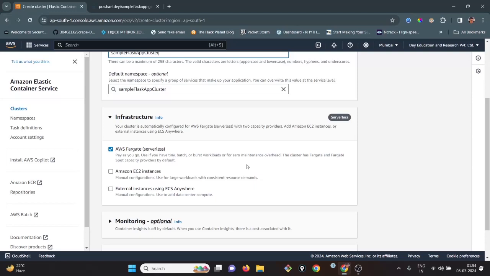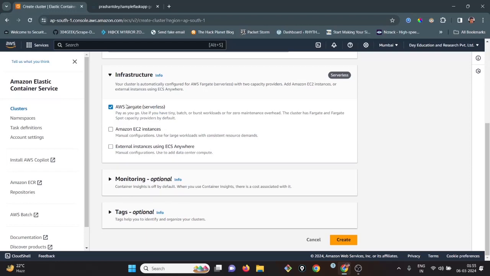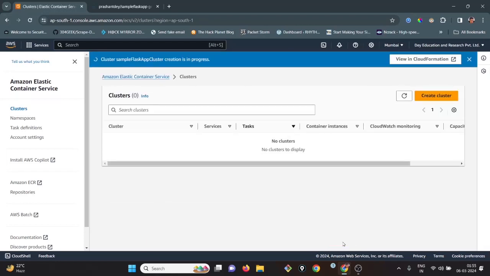So you can use Fargate with ECS. You can use Fargate with EKS, which is the Kubernetes service by AWS, as well. Anyway, we are going to configure with AWS Fargate. Pretty easy to set up. So we went ahead. It will take a few minutes to create a cluster. The first process is that it is going to create a cluster. Once the cluster has been created,